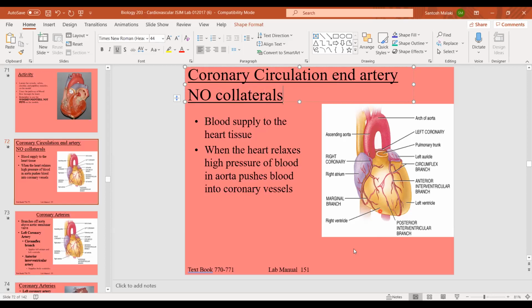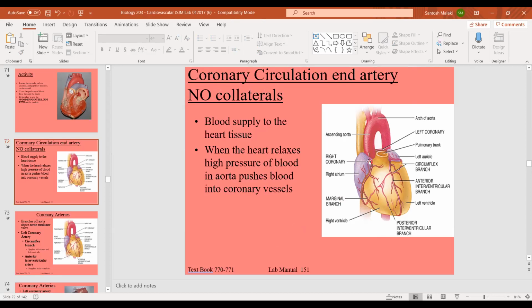Collaterals means alternate flow of blood. This is the biggest problem we have with coronary, cerebral, and pulmonary arteries. So let's go back and see. The right coronary comes down and supplies the right ventricle. The left coronary supplies the left ventricle. So let's look at the